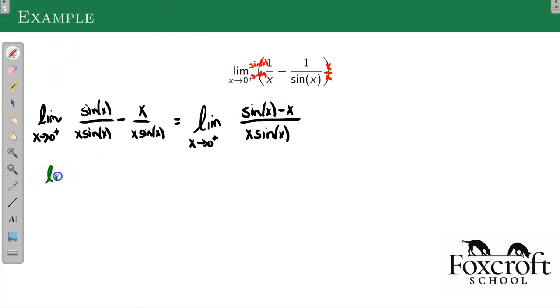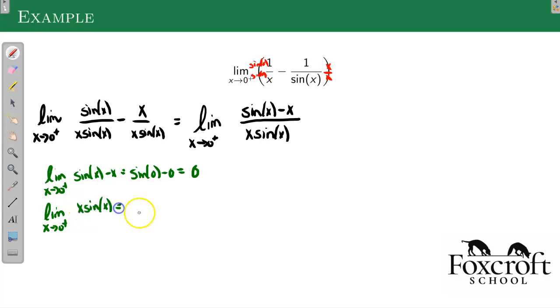So the limit as x approaches 0 from the right of sine of x minus x is sine of 0 minus 0, which is 0. And the limit as x approaches 0 from the right, I think I said left earlier, it's the right, of x sine of x is 0 times sine of 0, which is 0. All right, so it is 0 over 0, so I can do L'Hopital's rule. So it's going to be equal, by L'Hopital's rule,